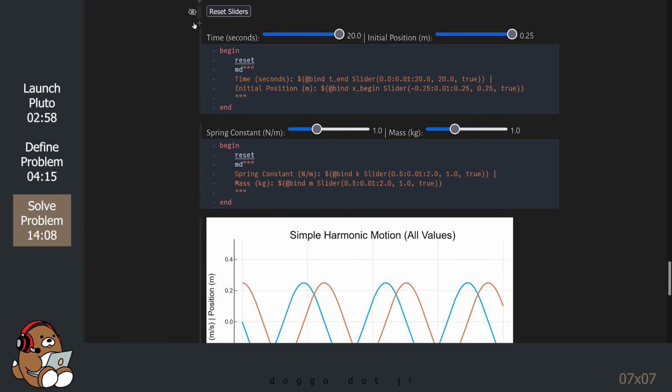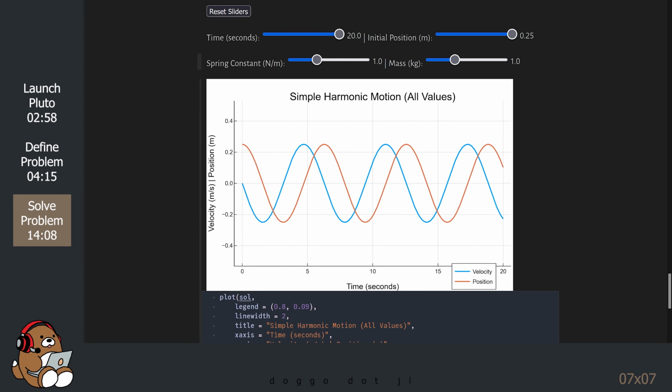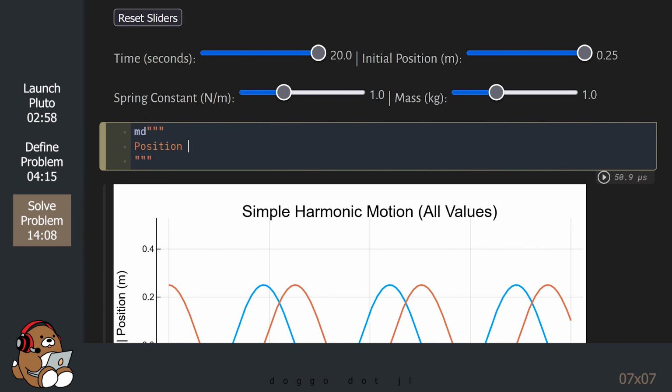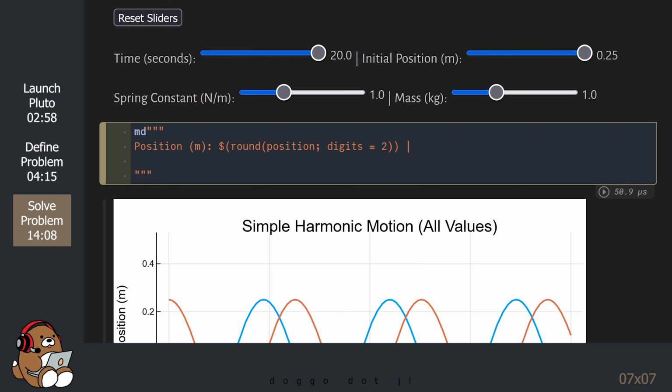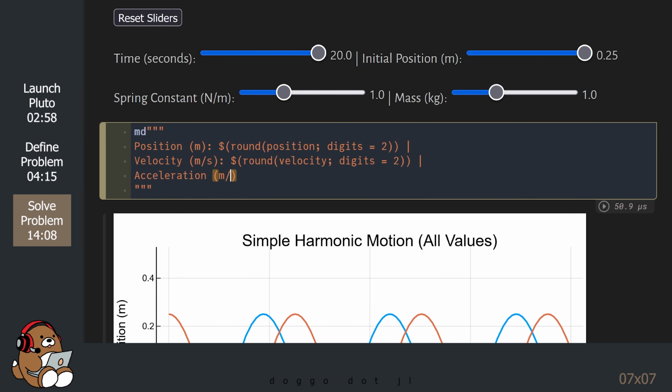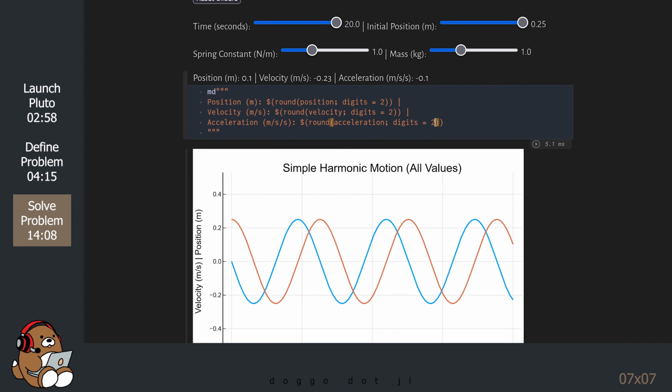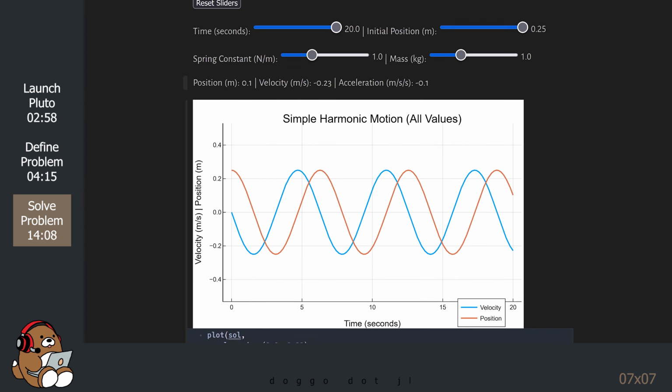Let's hide some of this code. Okay, that's a lot cleaner. Let's add a markdown cell so we can see the values for position, velocity, and acceleration at any time t. Okay, that's enough life hacks for today. Let's hide the cell and then perform some analysis.